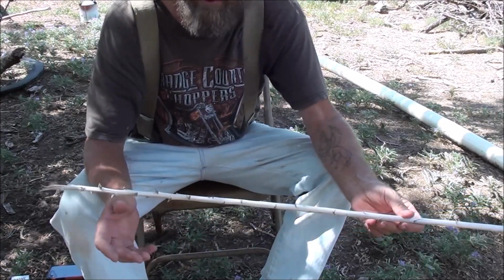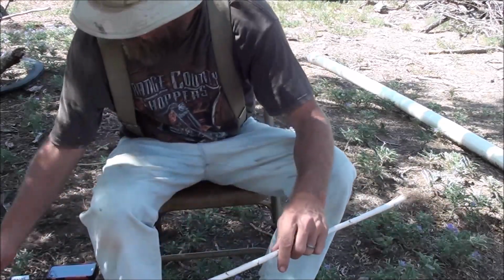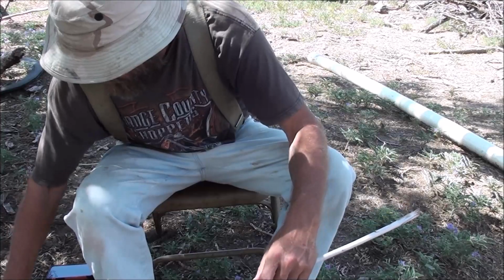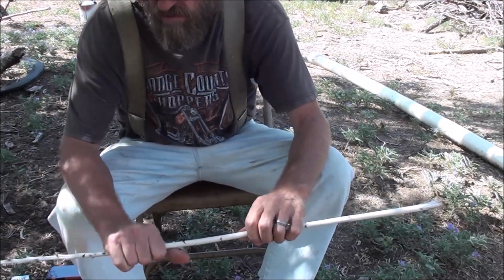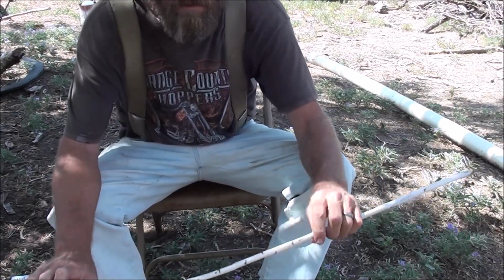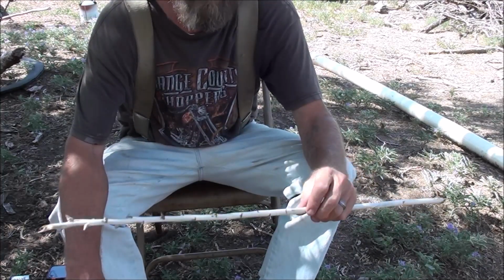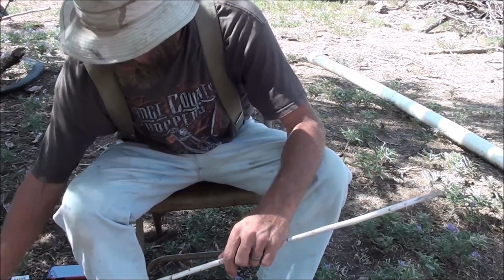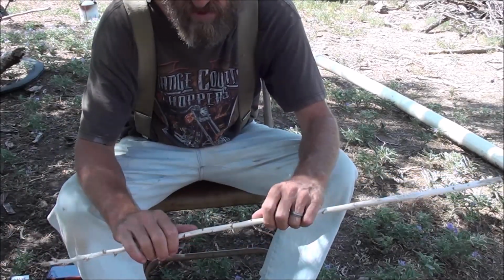But what you got to do to straighten this is pretty simple. You just go to your spring or your coffee can full of water and you get it wet. Now, it's going to take a while for that to soak in. The beauty of it is, if you have a fire going, which I'm not starting one because it's 107 degrees out here right now,